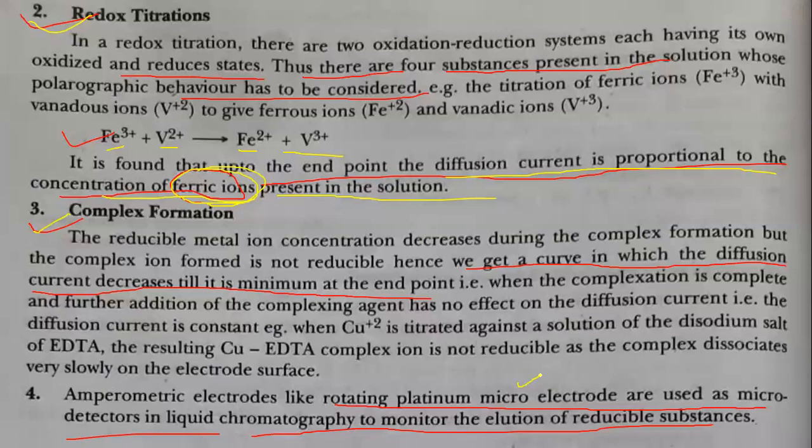So chromatography, different chromatographic techniques are there that we have already studied. Column chromatography is there, paper chromatography is there, thin layer chromatography is there, then high performance liquid chromatography is there, gas chromatography is there. So such different techniques are available. So especially in the column chromatography or gravity column, we can say the technique is used to study whether our desired species is coming out of the column or not. Okay, so that comes under the column chromatography.